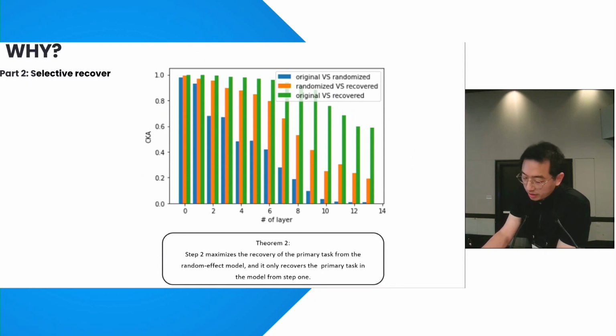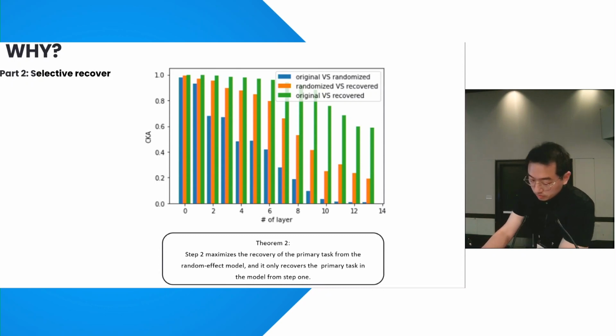The red bar in the middle denotes the similarity between the stage after forgetting and after recovery. Meanwhile, the green bar shows the similarity between the stage before forgetting and after recovery. The CKA analysis shows that the model after recovery is pretty similar in the front and middle layers to the